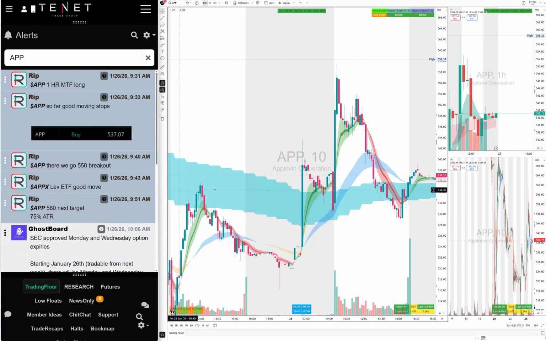So that's why you trade the Ripster Clouds, use the MTF Cloud setup, and look at what the news is, upgrade, downgrade. Trade either the 9:30 morning setups or the midday call, which didn't really go too much, but should have been an easy setup for us this morning. Let's go to the next one.